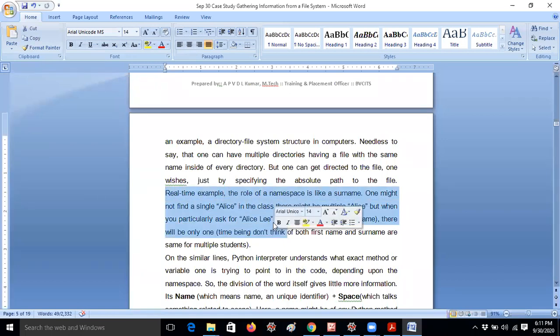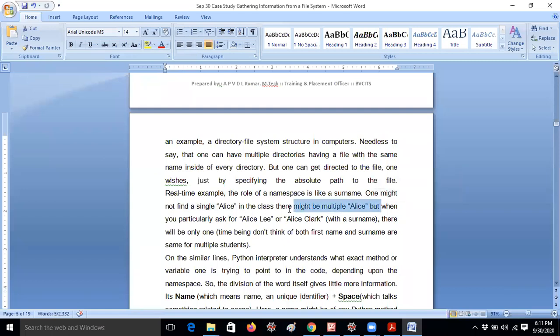If I ask Kumar to stand up, some students may be confused about which Kumar should stand up and answer. This is a critical process, right? For example, if you find Alice in the class, there might be multiple Alices.